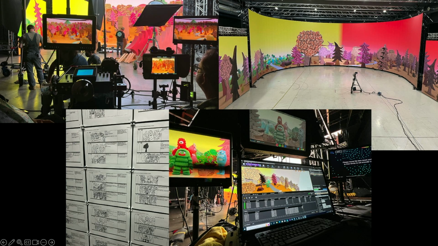So this is some BTS pictures from our volume test in LA that we first did, with a quicker approach to the volume storyboards that we have there. We did start off this project in 427.